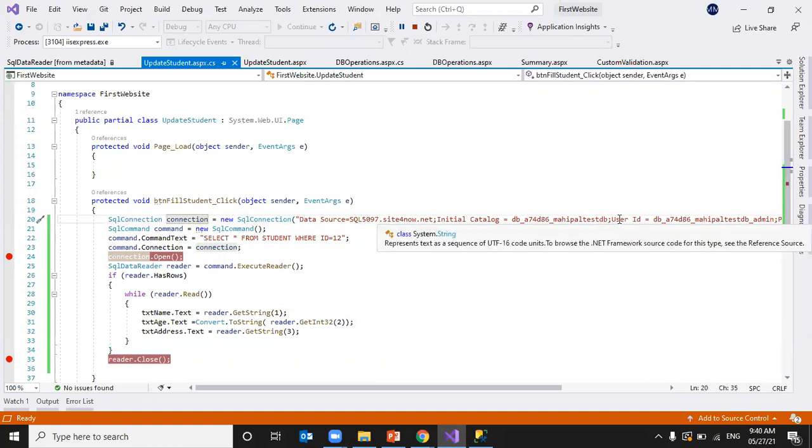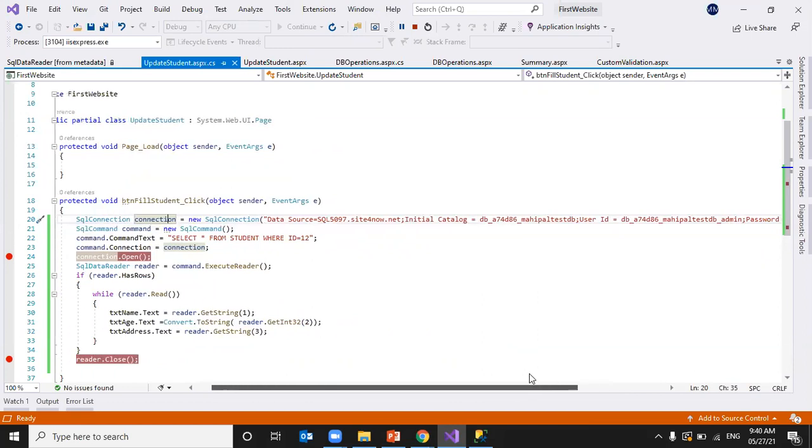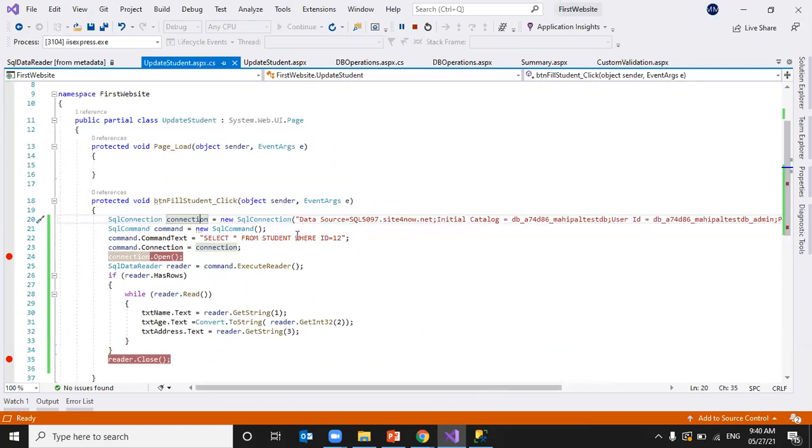Connection, user ID, password, select star from student. Connection, open, reader, command.ExecuteReader as rows. Reader.Read, reader.Read, correct.